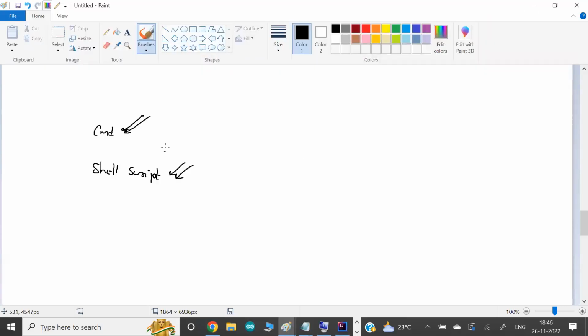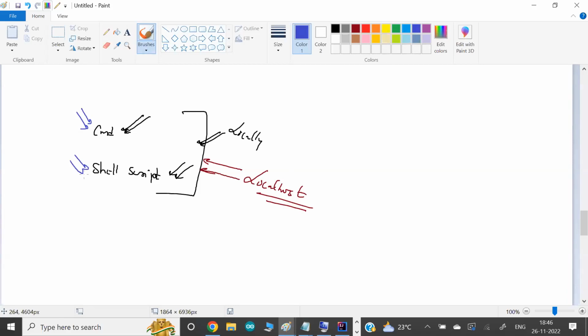So I can say either command or script, by default the nature of the command and script is they always work locally in the same system. If you run the command there, that system is also known as localhost. Wherever system you are in right now, that is also known as localhost. So any command that you run manually or a script, in both cases, they will run locally in the same system. This is called localhost.